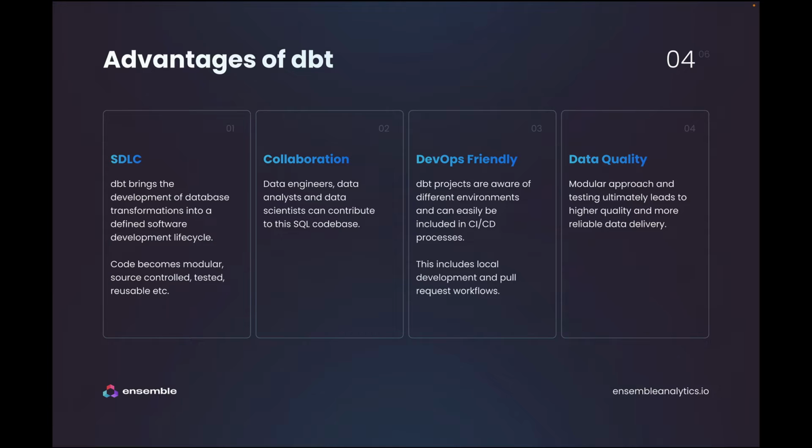In dbt, we can define our transformations in modular plain text files, which are described as SQL. Those files can be source controlled, so they can be checked into Git. They can be tested both individually and in combination. They can be reused across projects. So it's a much more engineering-like approach to building our data transformations